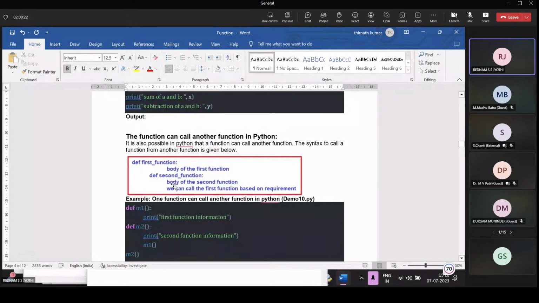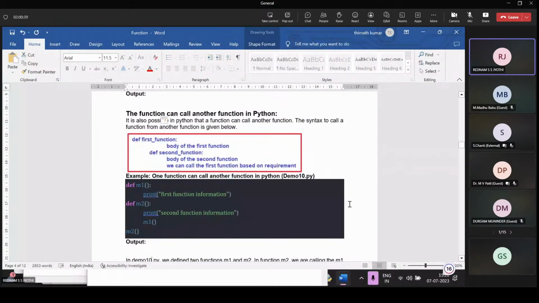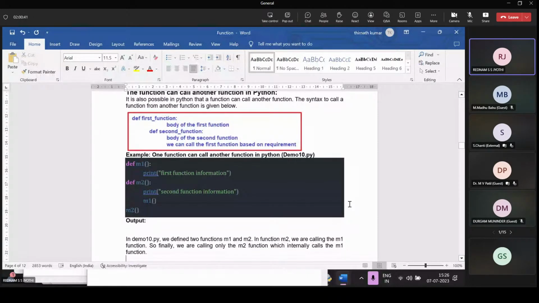We define the second function and, based on requirements, we can call the first function in its body. The parentheses after the function name are missing in this syntax, please notice that. In the example, def m1 is the first function, and m2 is the second function, in which we call the first function name as well.